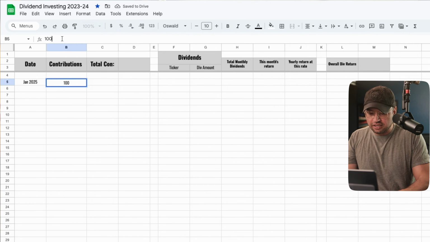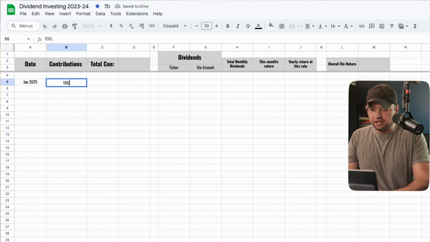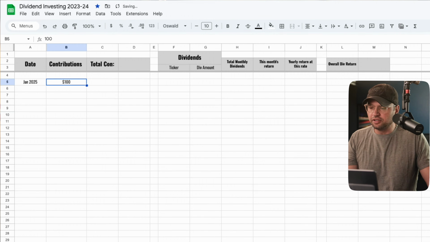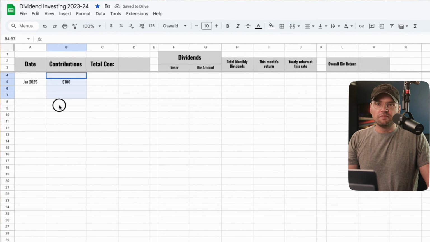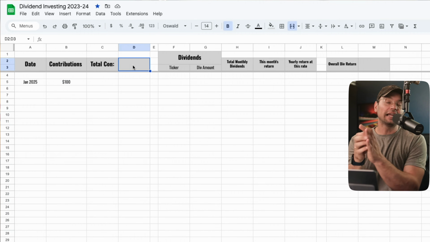But even if you put in here $100.40, it's only going to round it for you. If you do $100.51, it's going to round up for you. It does that work. Then what we want to do is reflect all the contributions we make for the rest of all of our lives in this box here. Because at a glance, it'd be really cool at the very top to say, how much have I put in